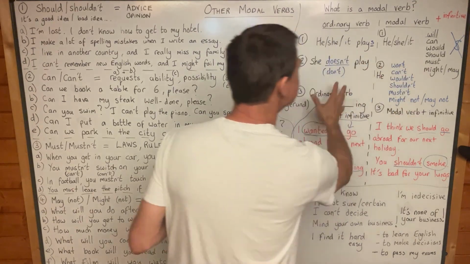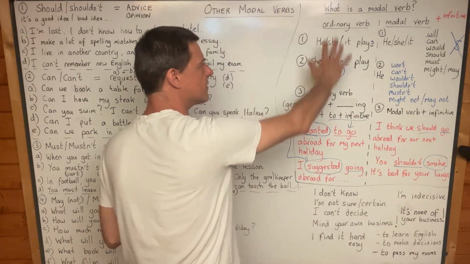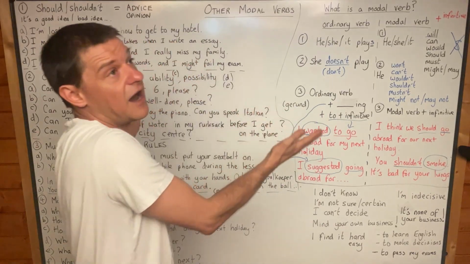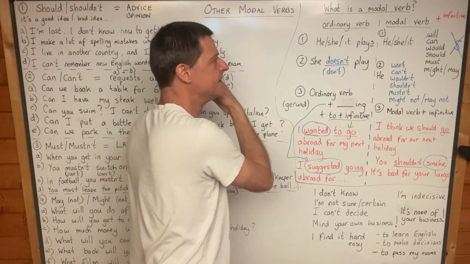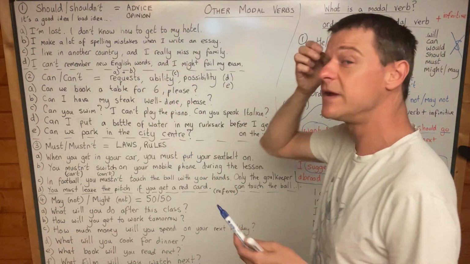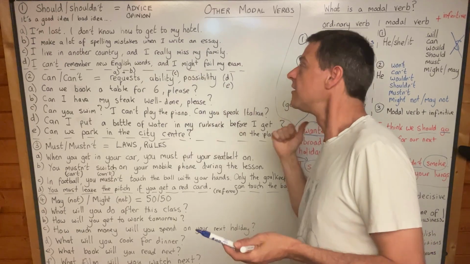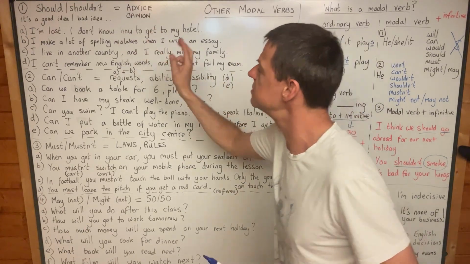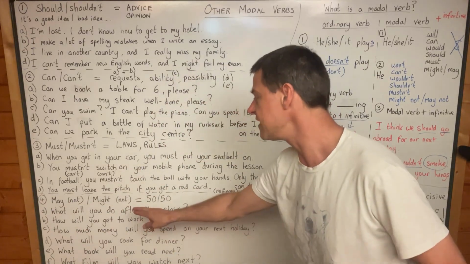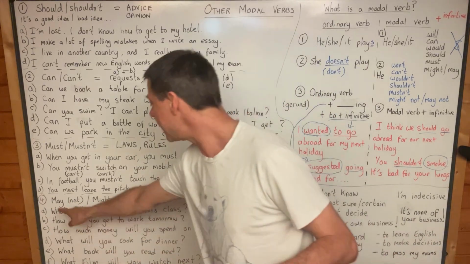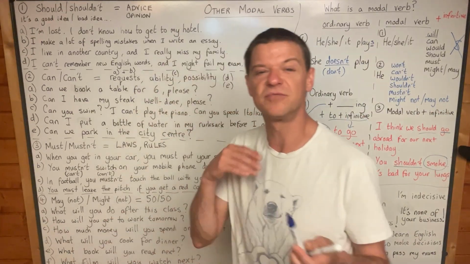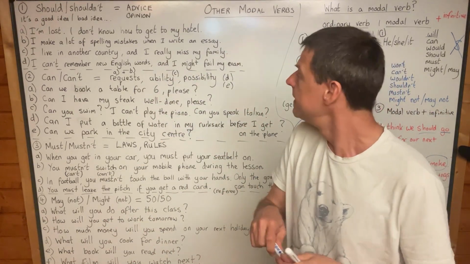So they are the differences between ordinary verbs, and you know lots of ordinary verbs now. We looked at 100 ordinary verbs recently, and modal verbs. And today we looked at will and won't in the last class. So let's look at should, shouldn't, can, can't, must, mustn't, may not, might not. And these are synonyms really. May sounds a little bit more formal to me, and might sounds more informal, okay? So your